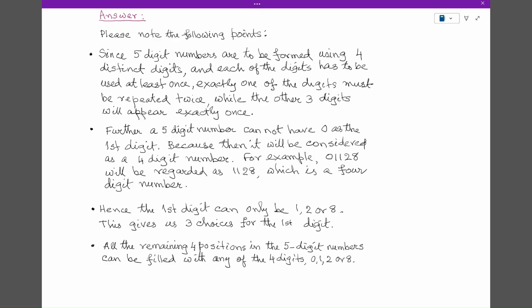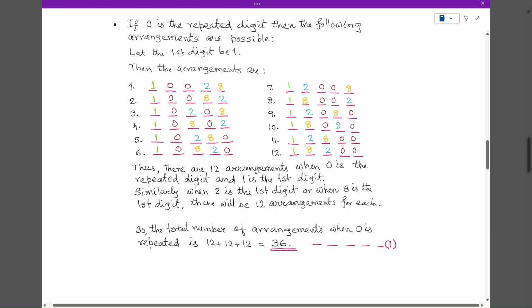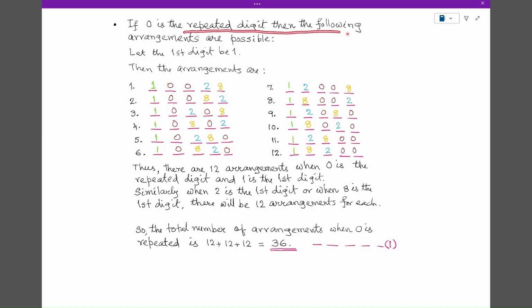All the remaining 4 positions in the 5-digit numbers can be filled with any of the 4 digits 0, 1, 2 or 8. If 0 is the repeated digit, then the following arrangements are possible. Let the first digit be 1. Then there are 12 arrangements shown here. The first digits are all 1 here,